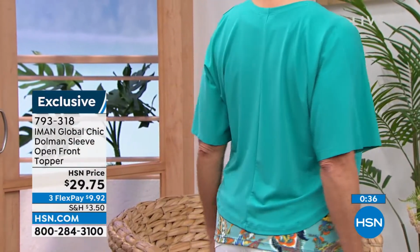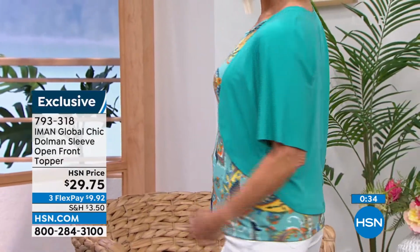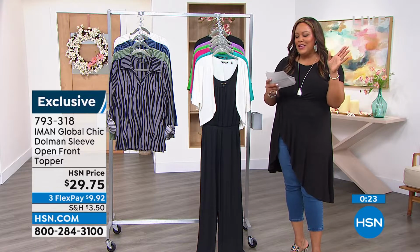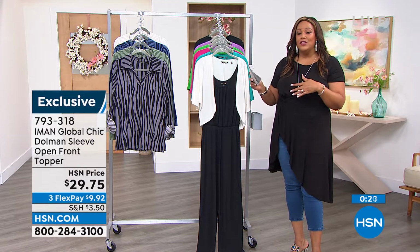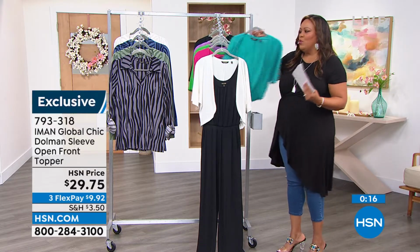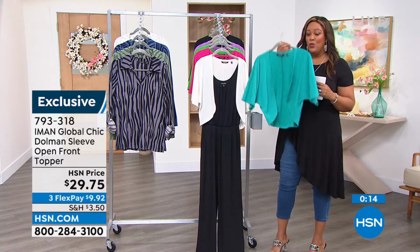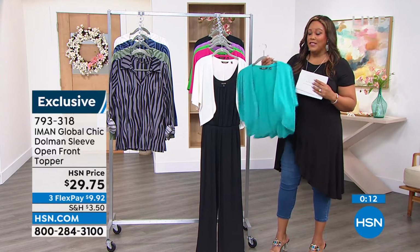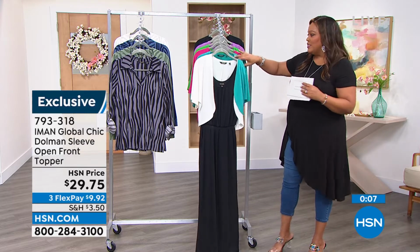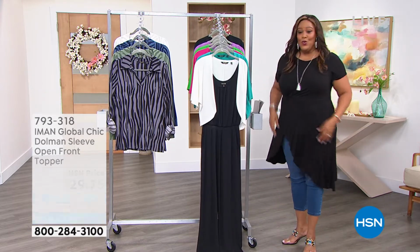Yeah, and you just have a simple tank on with this, a 2-pack of tanks that we're gonna show you coming up that Jan put this on with. Remember, we're very size inclusive. I'm very sensitive about that because I'm your plus size gal. I always say pretty size plus. It goes all the way to 5X. So if you know anybody and it's hard to shop for them, and a lot of us want to have that arm coverage, it goes 1X, 2X, 3X, 4X, 5X. So definitely worth getting. That's another one of those workhorse essential pieces. Now, if you want a drama